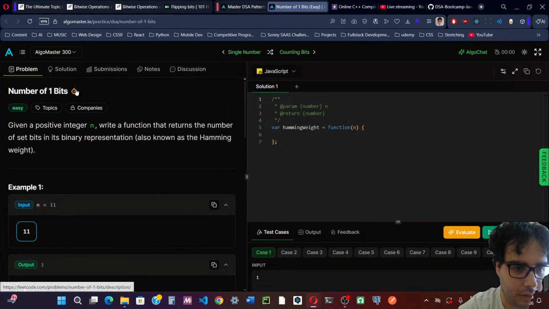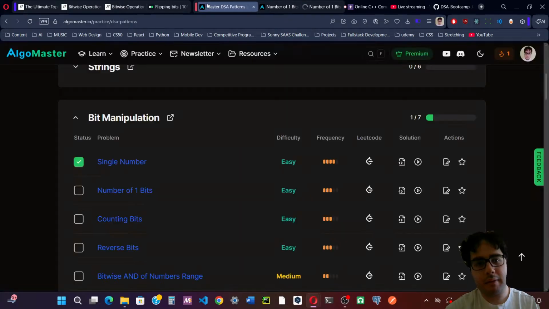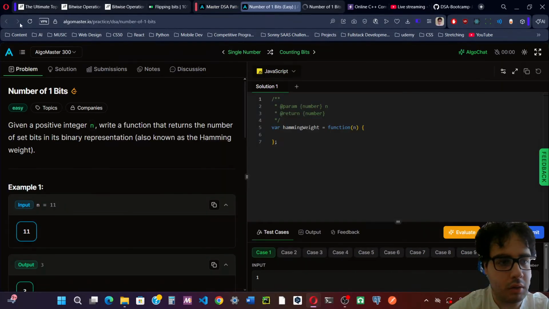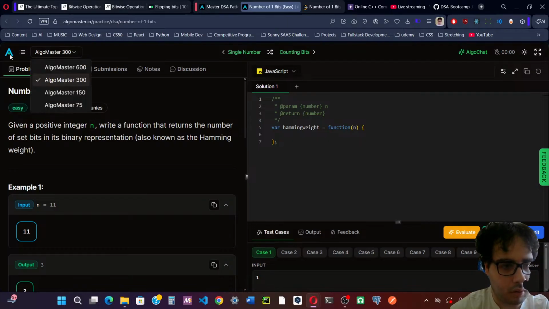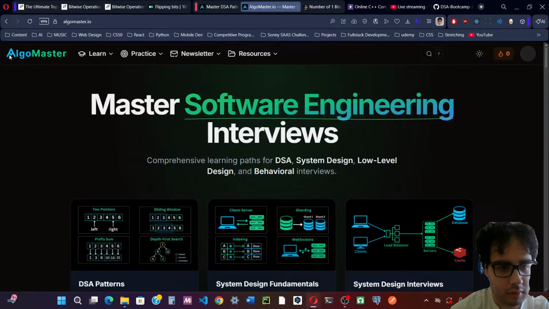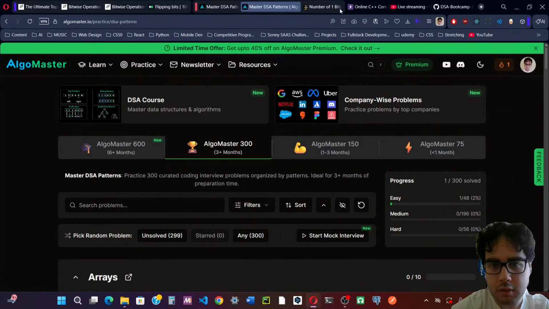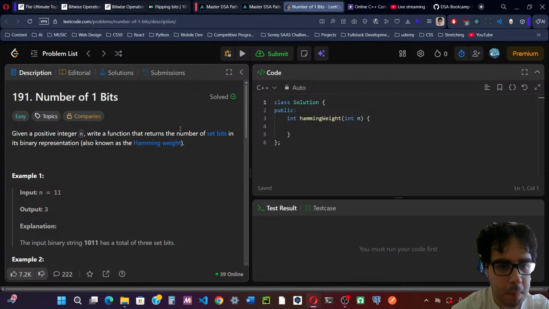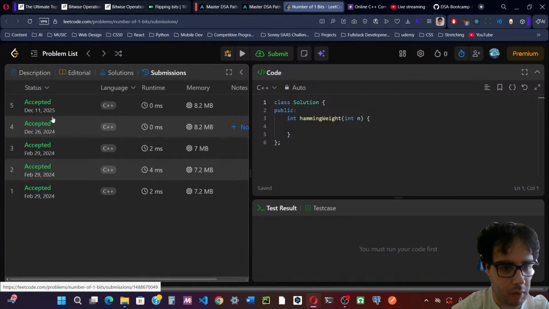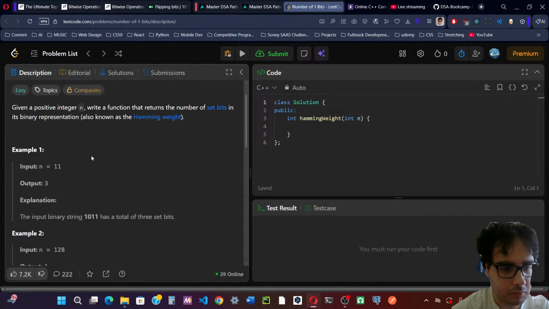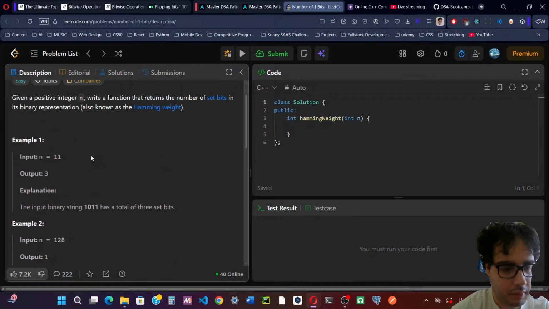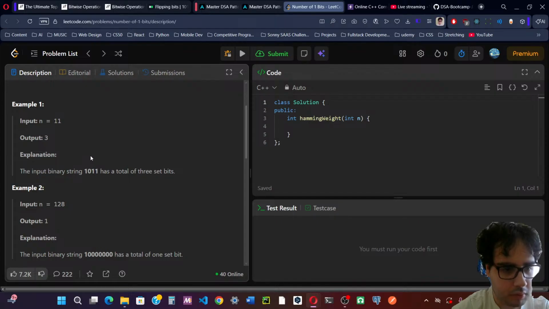Okay, I think this can be done with a mask. Yeah, I'm gonna cheat, bro. I'm gonna look at how to do the mask, the Hamming distance. So what we gotta do, dude, we just gotta